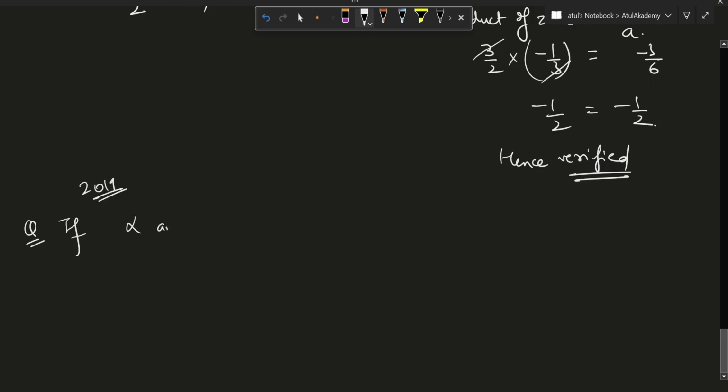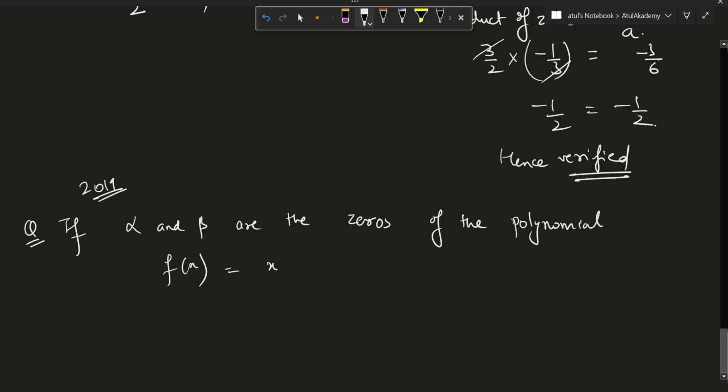If alpha and beta are the zeros of the polynomial f(x) equal to x square minus 4x plus 3, find the value of